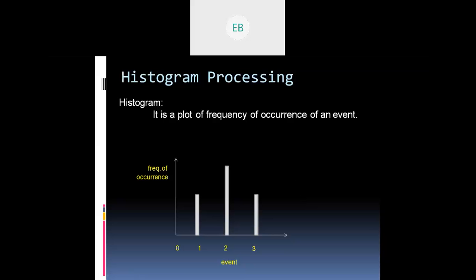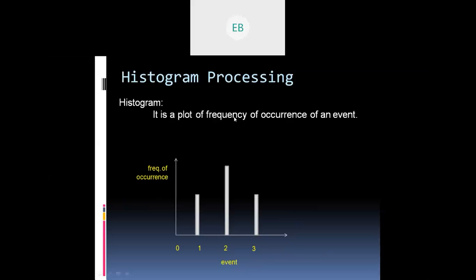It is indicating the frequency of occurrence. That is, it is stating the occurrence of events, taking into account the frequency of occurrence of the event, right? So a histogram is a form of graph where we have an x-axis and a y-axis, and the x-axis denotes the events, and the y-axis relates to the frequency of occurrence of these events. Okay, so this is a histogram.